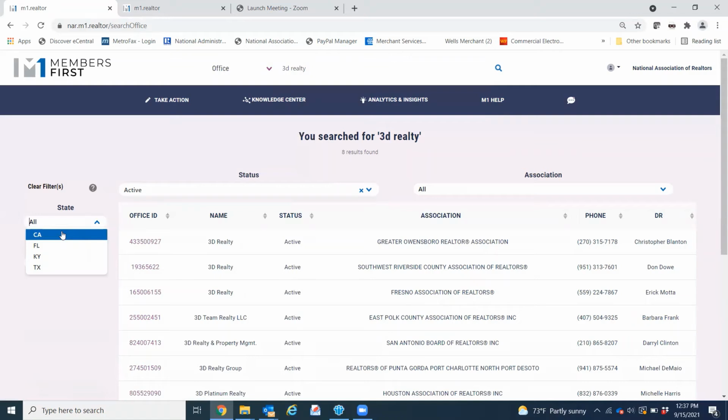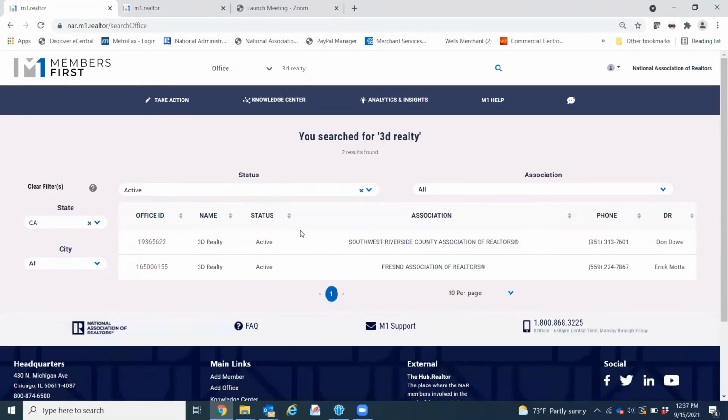Now, a question I often get from folks doing these searches, whether member or office, is when they go to the filters, they might say, Chris, you know what? It doesn't list all 50 states. It just lists these 4. That's the search being helpful. The search is telling you that of all the 3D Realties, they're only in these 4 states. There are none in Hawaii, and that's why Hawaii is not choosable. So I will just narrow it down to California, and now I get just the 3D Realties that are in